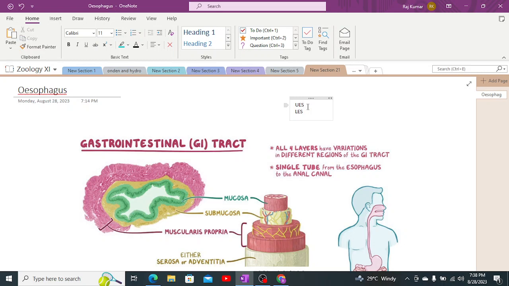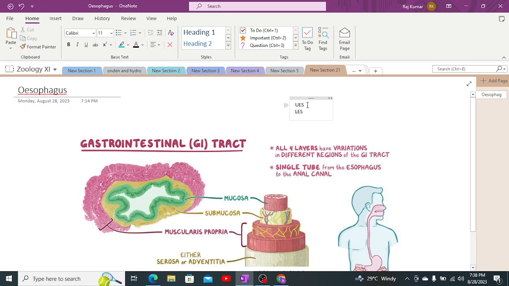Whenever bolus tries to enter inside the esophagus, it allows the bolus to move inside the esophagus and prevents the backflow of bolus, so that it may not go again into the buccal cavity and make us vomit out the food we eat. So it prevents the backflow of bolus in such a manner that the bolus may not come back into the buccal cavity. So these are two major functions, and